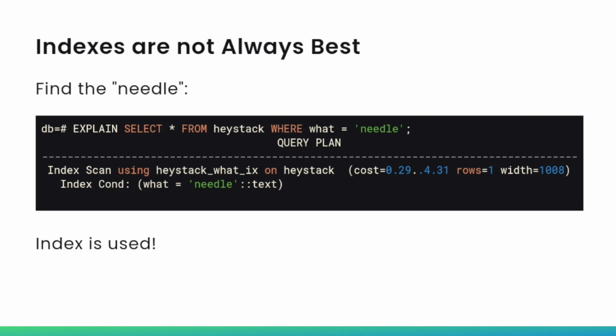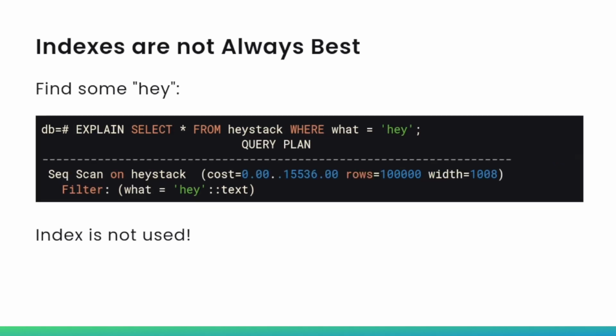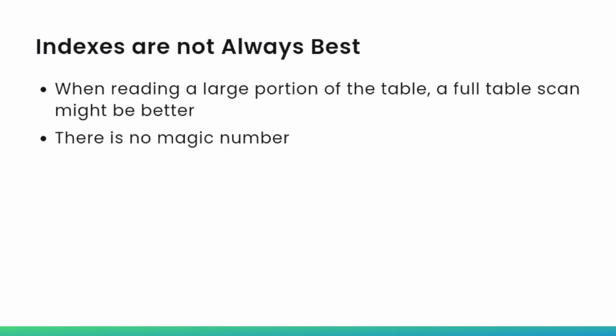However, if on the same haystack we're trying to look for hay, okay, we can see that the index was not used. The database decided to just go on and scan the entire table, okay? So what this means is that